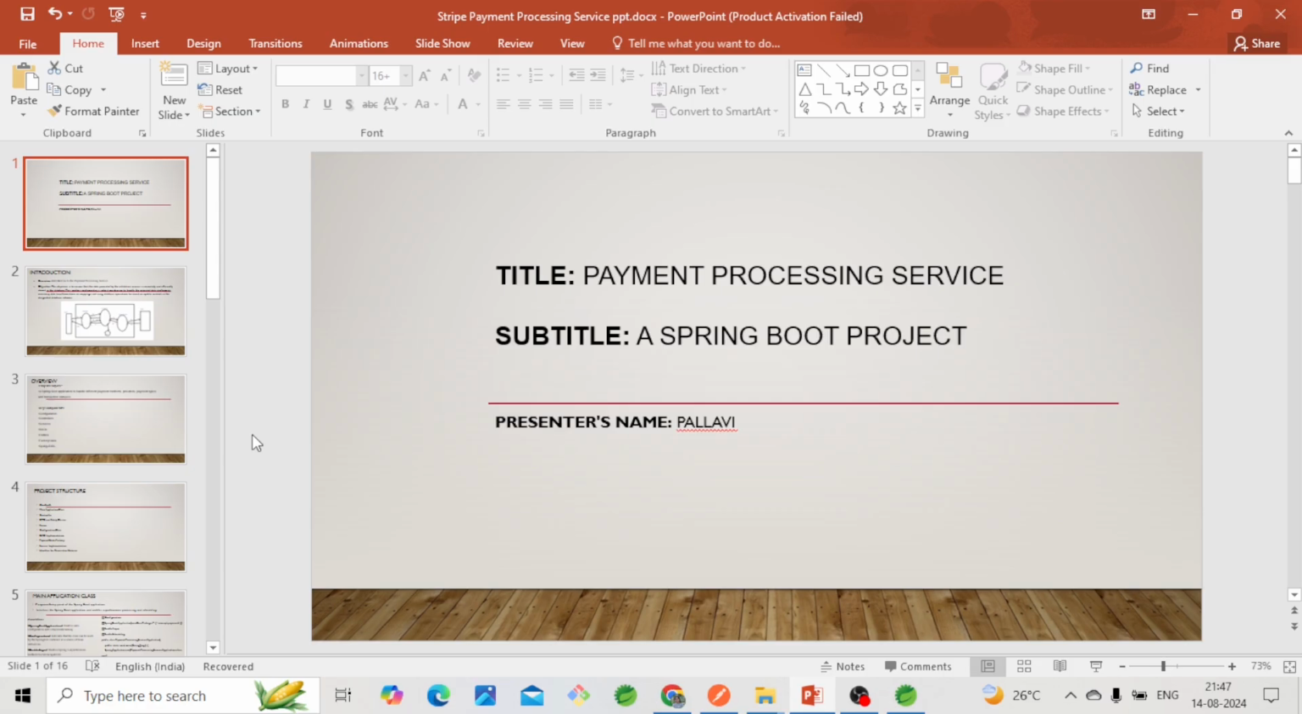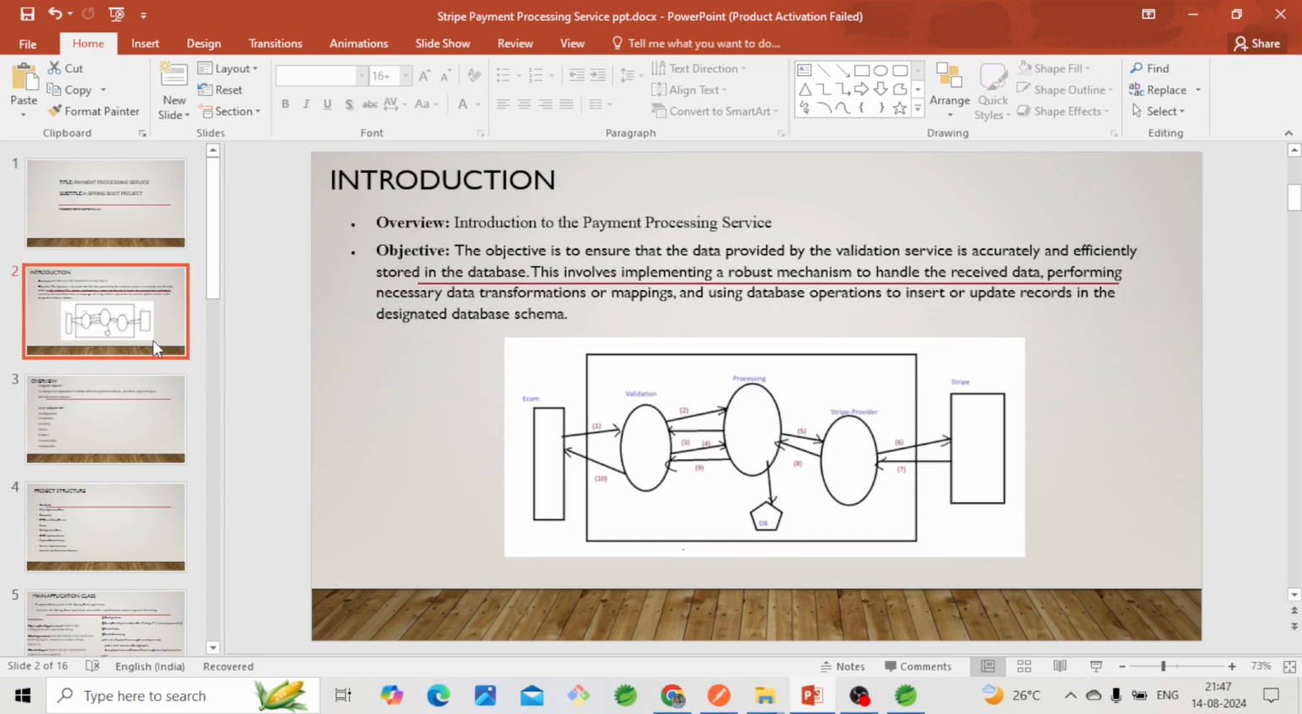Today we will discuss the payment processing service, a Spring Boot project. Now the introduction to the project. So the overview is an introduction to the payment processing service. What is the objective of today's coding? The objective is to ensure that the data provided by the validation service